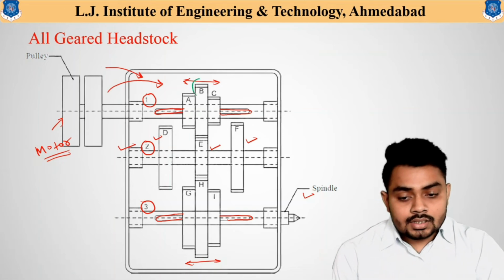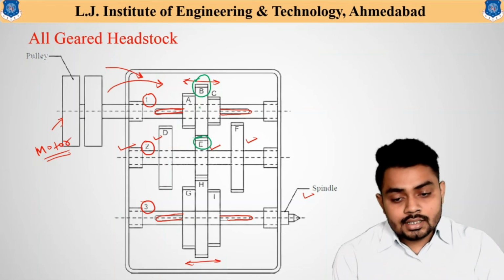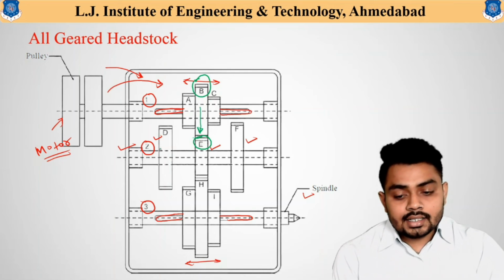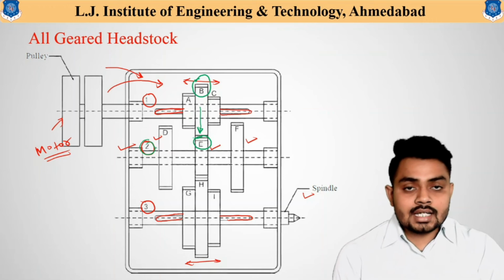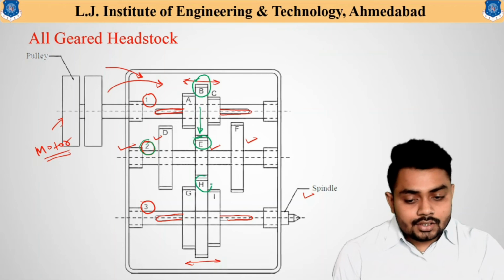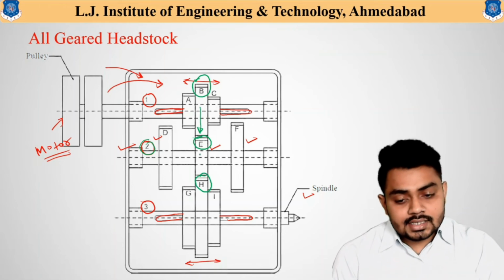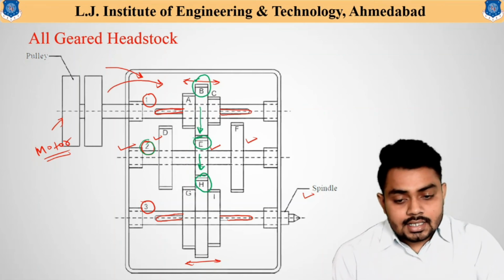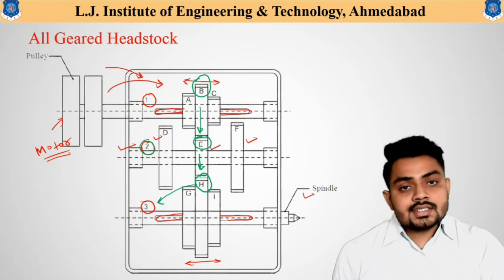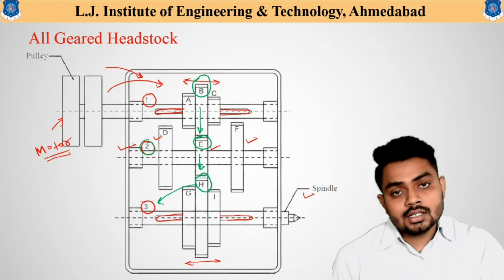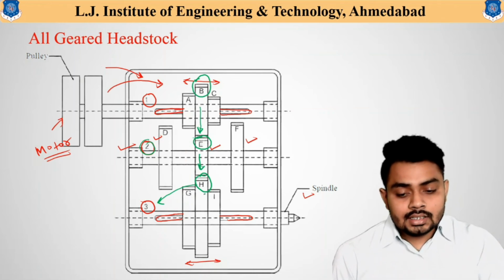you can see this gear B is engaged to the gear E. That means gear B transmits power to the gear E, and this gear is connected on shaft 2. That means this shaft 2 also rotates. Now this gear E is connected to the gear H. That means power is transmitted from gear E to gear H, and this gear H is connected to shaft 3. That means with the rotation of the gear H, this shaft also rotates,